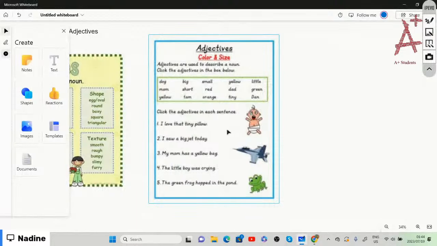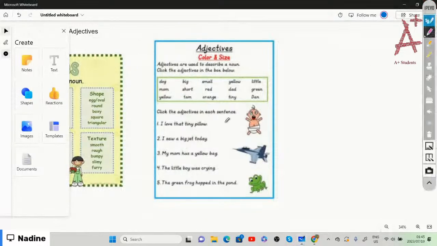The words in the box are dog, mom, yellow, pig, short, tan, small, red, orange, yellow, dad, tiny, little, green, Dan. So we need to click or underline the adjectives in the sentence. I love that tiny pillow. We need to select the adjectives within that sentence,